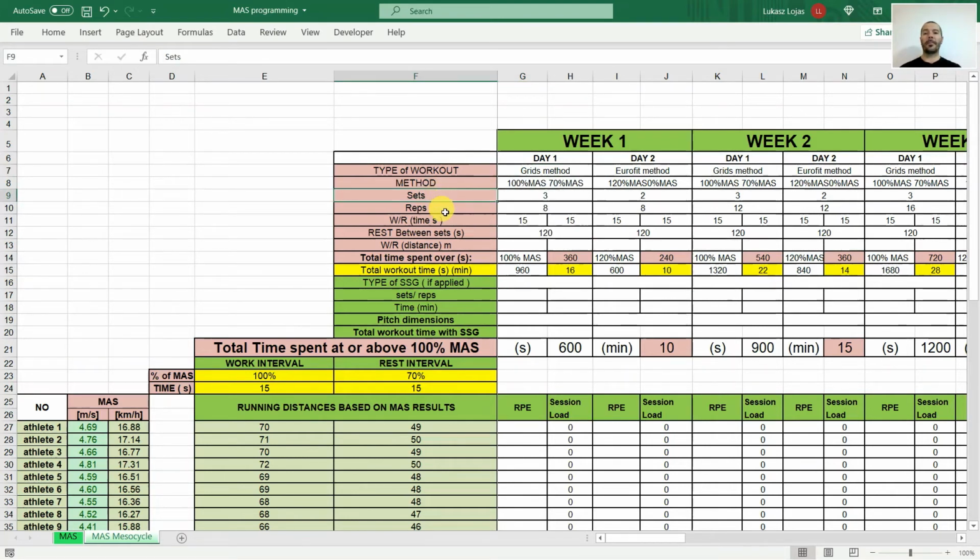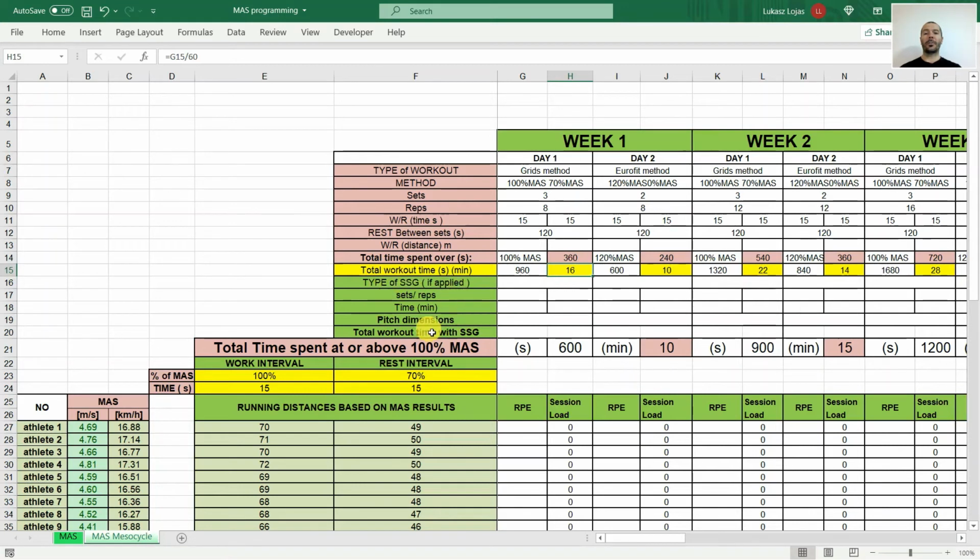Number of sets, number of reps, work to rest ratio in time, in seconds, rest between sets, work to rest ratio distance in meters, total time spent over 100% of MAS or more, depending on which training method you use, total workout time in minutes,